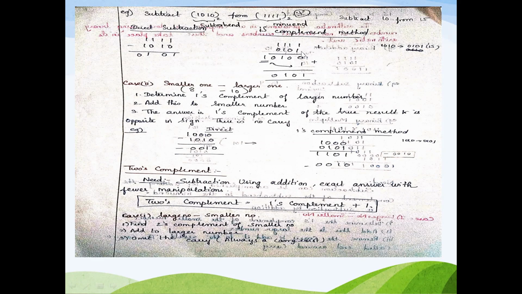Here, minuend minus subtrahend is written as minuend plus ones complement of subtrahend, and I am adding those results. 1 plus 1 is 0 carry 1, then 1 plus 1, and so on, and you get an extra carry 1. As in the procedure, this extra carry has to be added up again here, and the final resultant is 0101, which means that 15 minus 10 gives the answer 5.